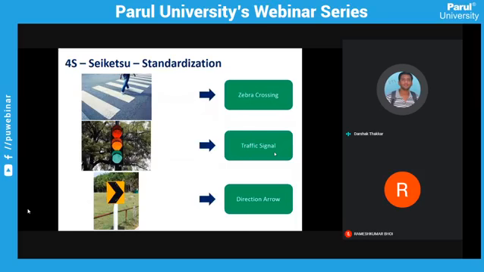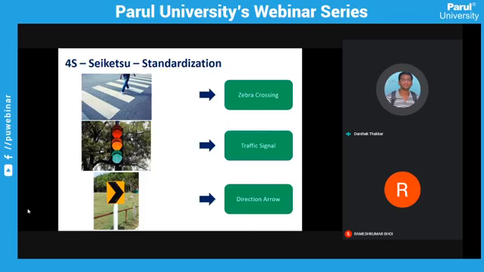Definitely, without any information, if we see a zebra crossing, we understand its meaning, right? If we are on the crossing road and we see the red light, definitely we stop our vehicle. There is no need for anyone to inform you to please stop your car. So it is basic standardization. Every person knows that once the red light is on at the crossroad, we have to stop our car. So this is the meaning of standardization.